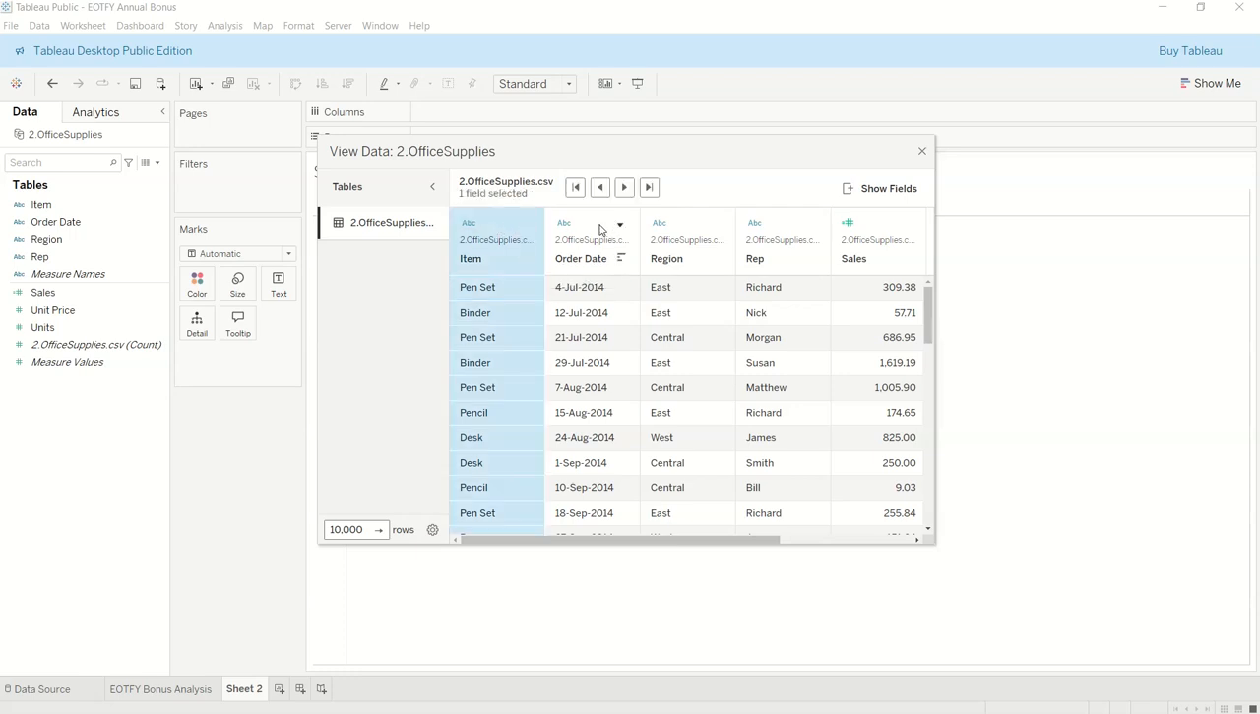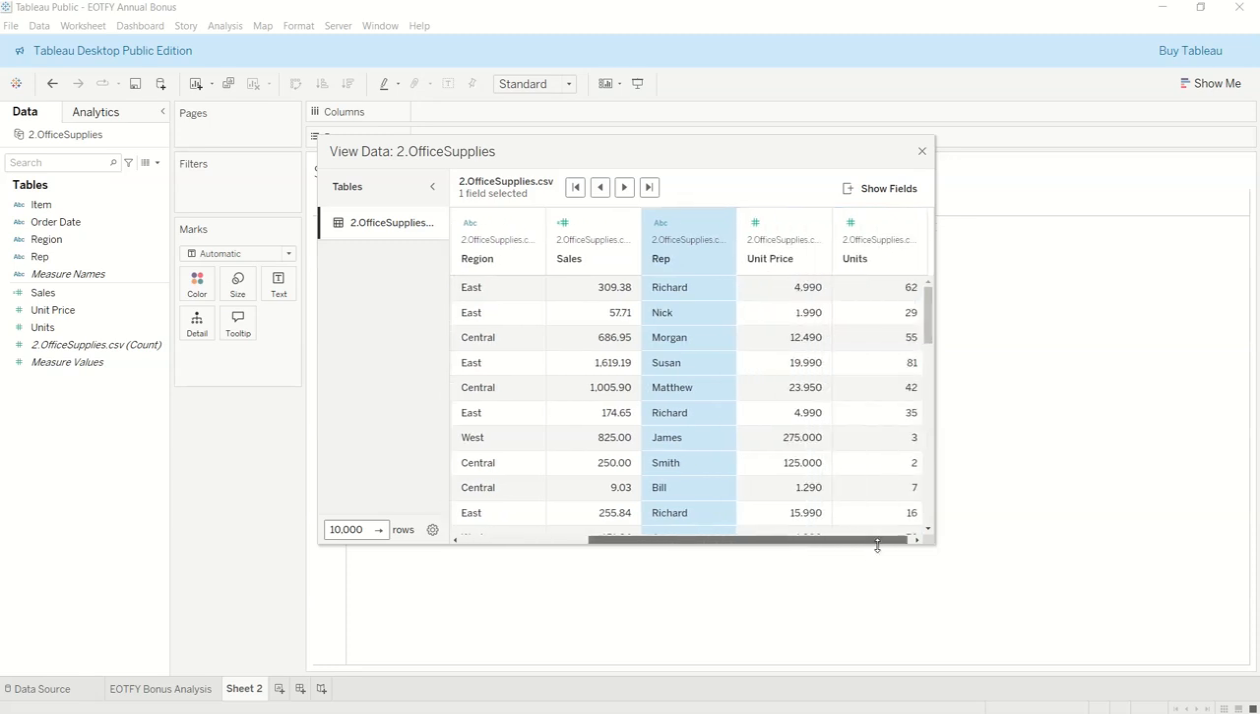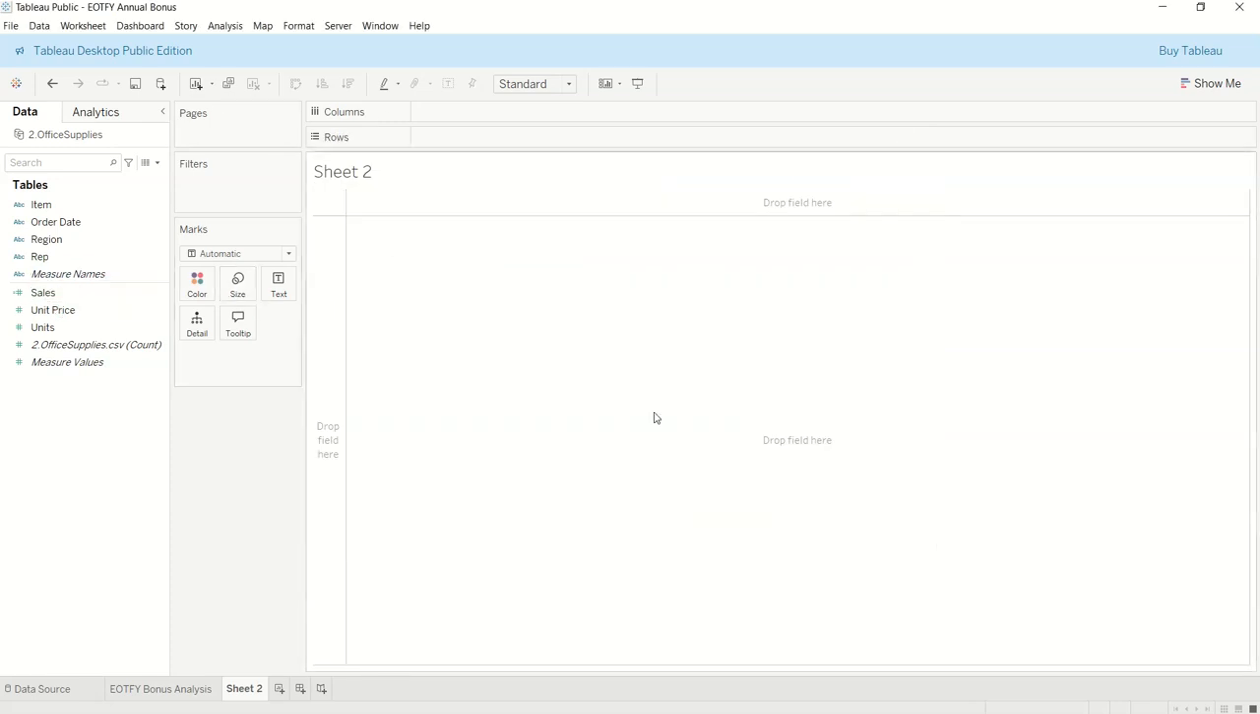Alright, you can see we have the item field, we have the order date field, we have the region, we have the rep, we have the sales, we have the units price, and we have the units. So say we want to find out the best employee, right? So we want to give a financial annual bonus, end of the financial year annual bonus, or we want to just say, okay, employee of the month,